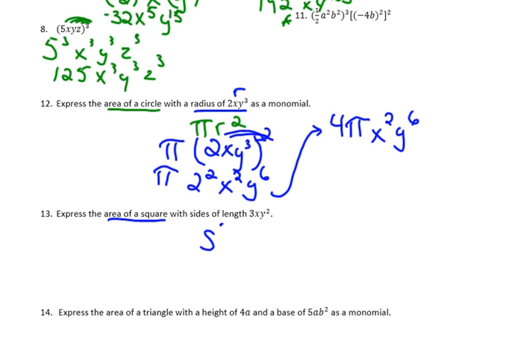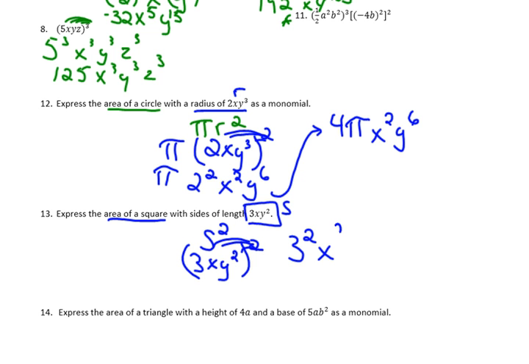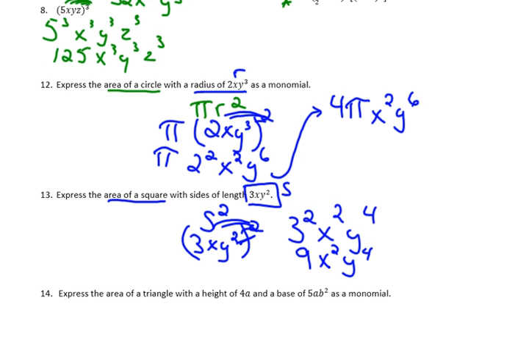Express the area of a square with side lengths of. Well, I know the area of a square is s squared. They're telling me this right here is your s. So I'm going to take s out and I'm going to put that in. So I'm going to have 3xy squared. That whole thing gets squared. Okay, well this is now one where I have to distribute and share. So I'm going to have 3 squared, x squared. These get multiplied, y to the 4th. I can simplify 3 squared, that's 9, x squared, y to the 4th. And the last one here